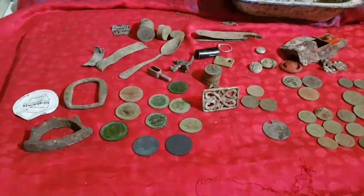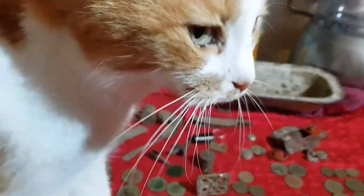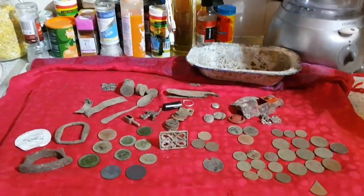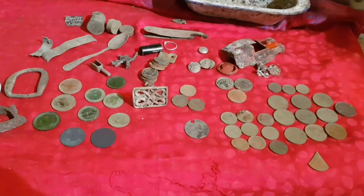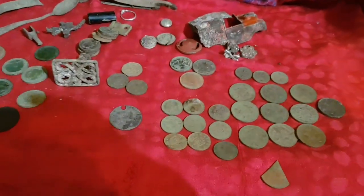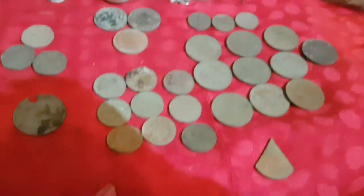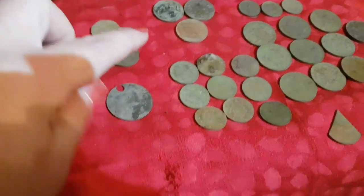So these are Ryan's metal detecting finds from this week. Dee Dee's going to just display them for you. There he goes. Oh, look, a lovely little leg stretch, just to really highlight how cool they are. So hope you enjoyed that. So loads and loads of coins, mostly modern, 2p's, some 5p's, some pennies, and then